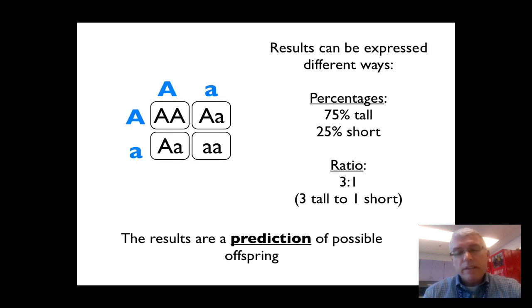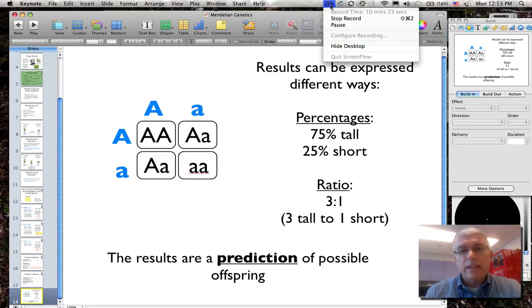When you're expressing results from Punnett squares, you can either use percentages, like we've already used, or you can express your results as ratios, 3 to 1. So a 75% tall to 25% short could also be just as accurately described as a ratio of 3 tall to 1 short, or 3:1. I'm quite sure most of you have done ratios in math at some point. And just remember, these results are a prediction of possible offspring in the future. All right, that's going to end our slideshow, and we'll pick up at the next benchmark on the next